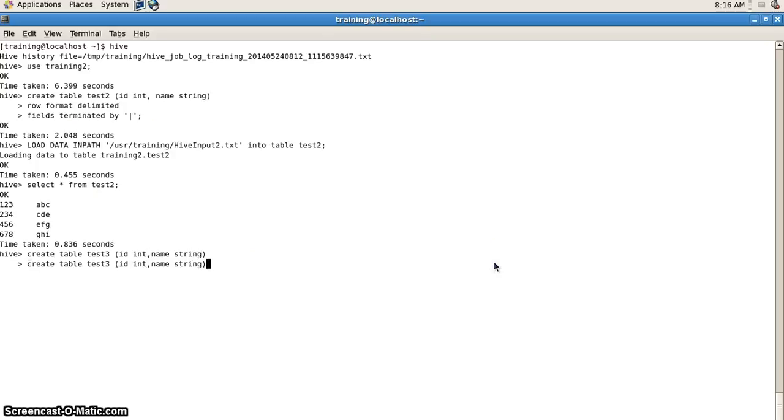Again I would say that row format is delimited. Before that, I've got to tell it that I'm going to partition this table. So partitioned by location, which is of type string. Again I would tell that it's row format delimited and fields are terminated by pipe. Now when I describe extended table test3,